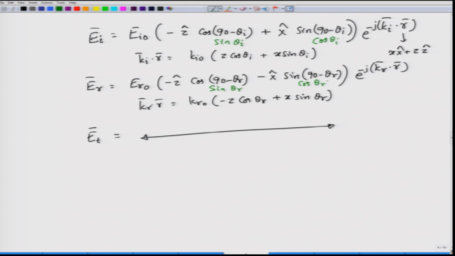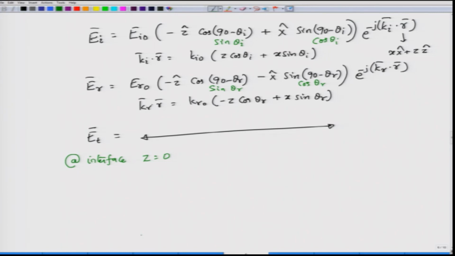Now, we have all the expressions in our hand except for the magnetic fields, which we will come to in a minute. So, now what we want is to look at the interface. At the interface I need to apply the boundary condition. What boundary condition should I apply? The interface of course is described by z equal to 0. So, I have to apply z equal to 0 in all these expressions, which I will do.